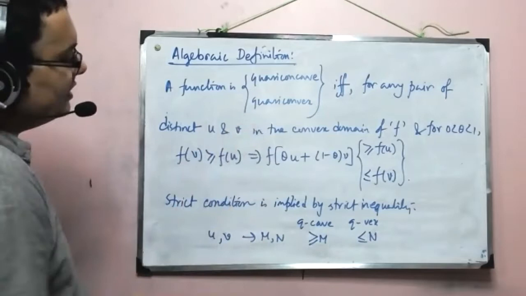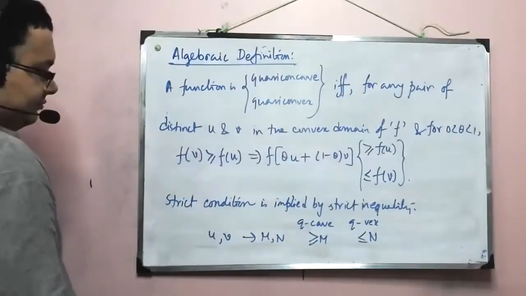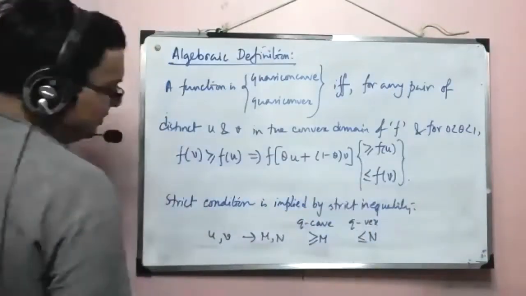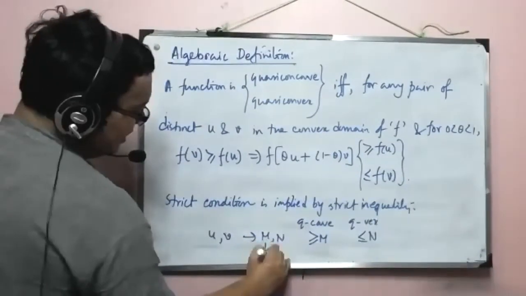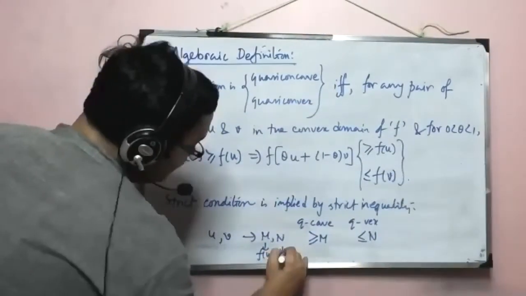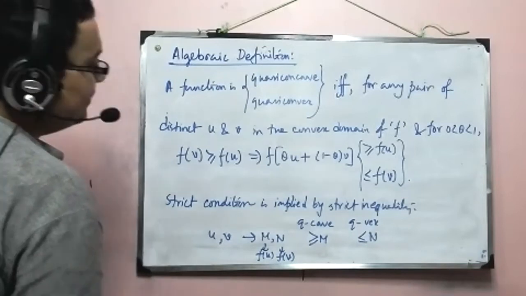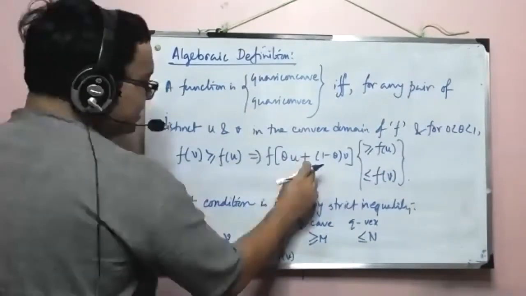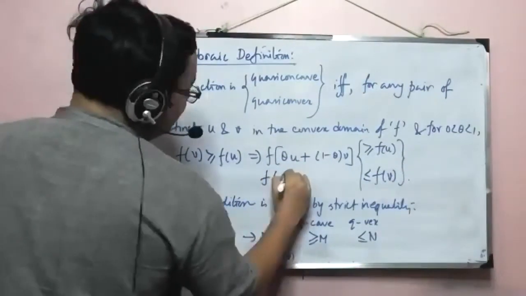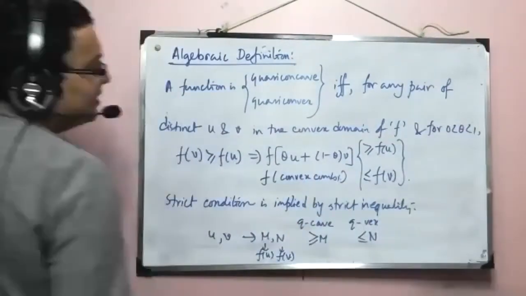Now look at what we have written in geometry. Basically u generates this point fu. So this m is basically our fu. V generates the point fv. So this n is basically our fv. And then for quasi-concavity or quasi-convexity, we have kept this structure the same. So what is this? This is the functional value of the convex combination, right? So that much we can identify.